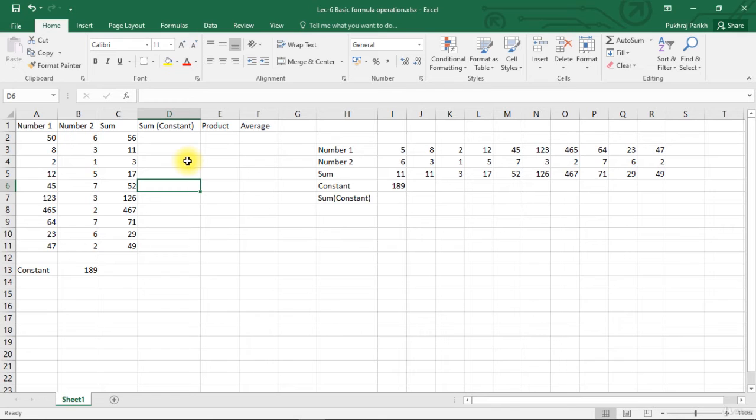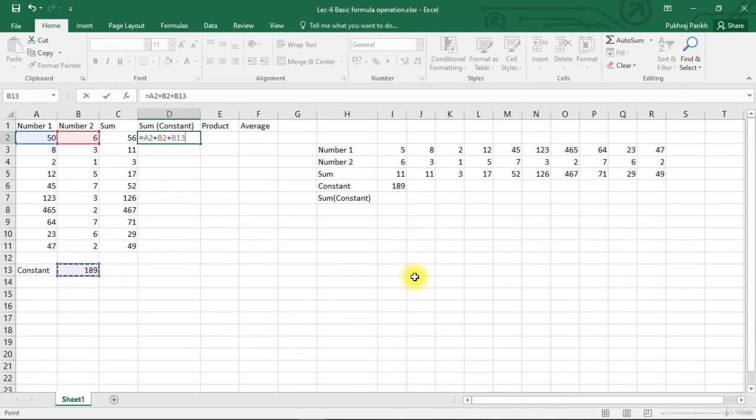For the next column, we have to add 3 numbers: number 1, number 2 and the constant. Let's write the formula for that. Is equal to A2 plus B2 plus this constant.